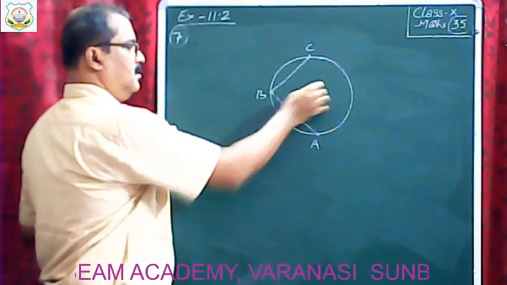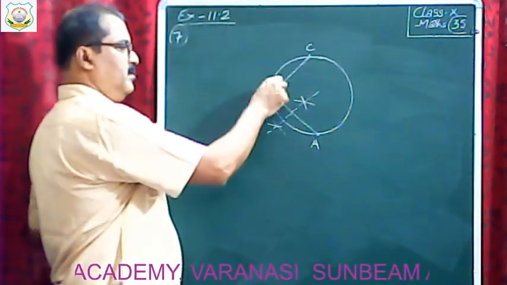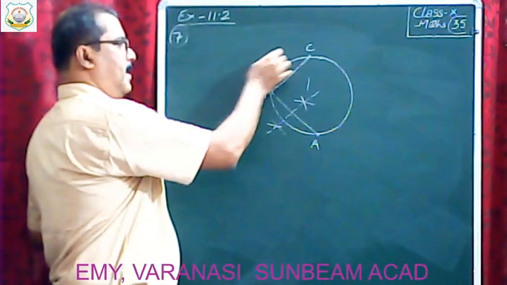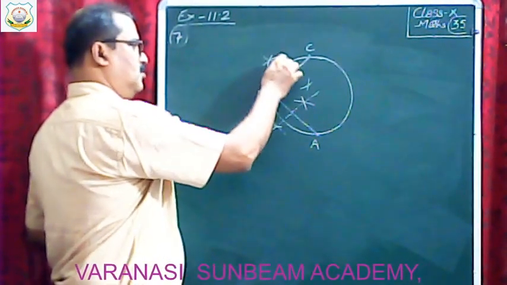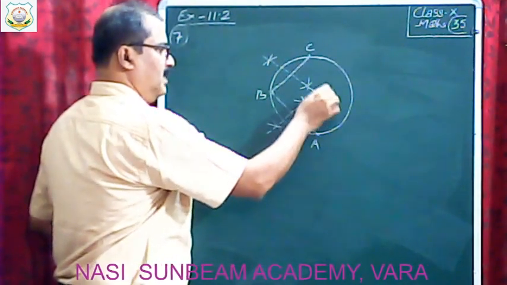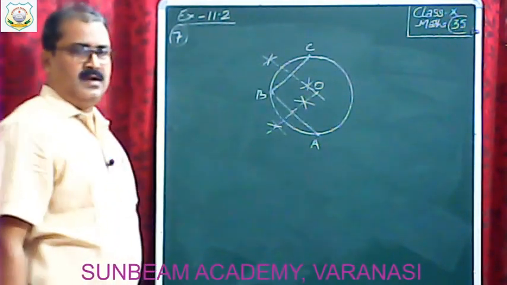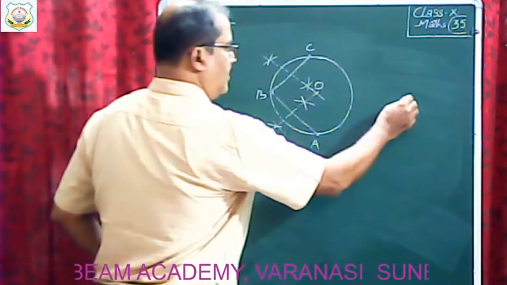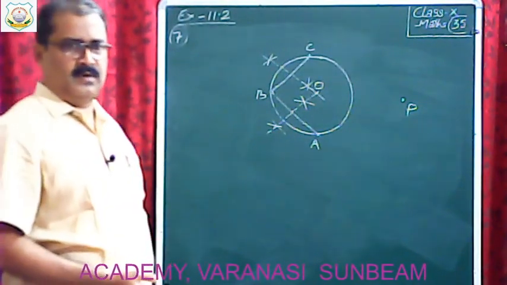Join. Thereafter, draw the perpendicular bisector of BC, same process: with B as center, more than half of the length of BC as radius, draw arcs on either side of BC, and from C, same radius, again draw on either side of BC. Now join. Both the arcs intersect at a point that is the required center, O. So in this way you find the center of the circle, and thereafter take any point outside the circle, suppose P, and you know the process of drawing tangents from an external point.